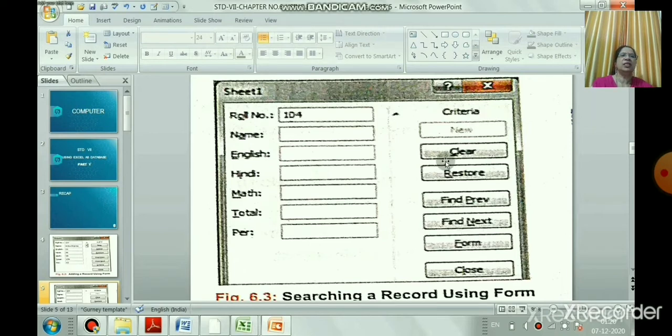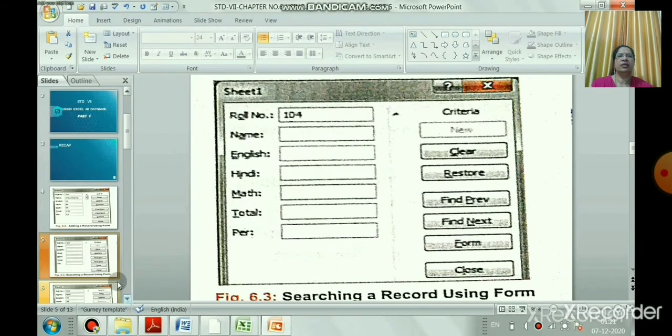So searching is easy. You can search after the find next. You can see criteria. Okay. Once you click, the criteria will go up. Okay. And you can write the roll numbers or name or here division. Okay. You can search the record, right? And we have learned the different types of searching also, right? You can sort, the sorting, right? There is a different sorting we have learned, right? The filter, advanced filter, isn't it?